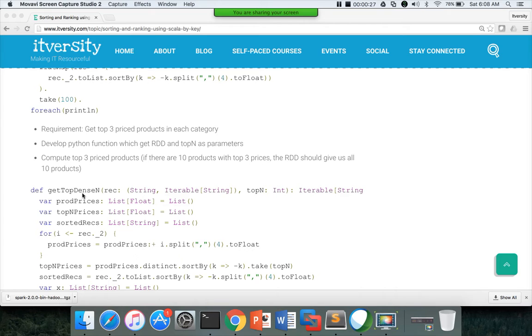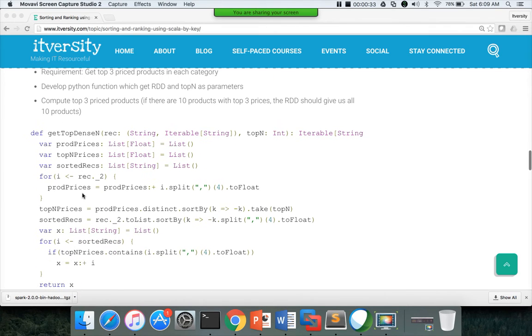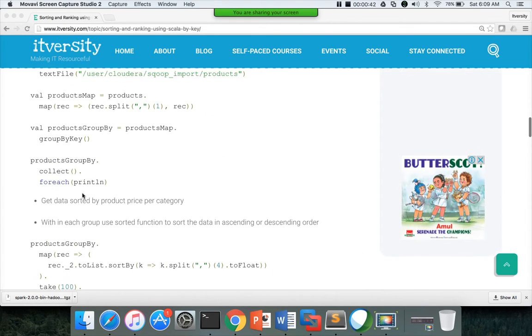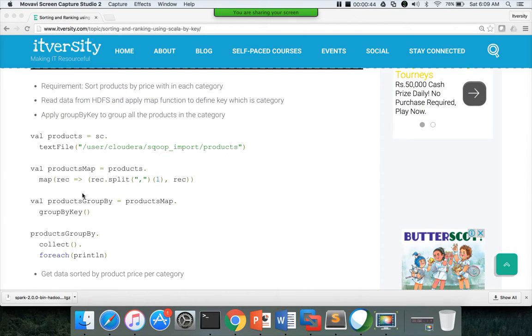But at times, when it comes to dealing with complex logic, it will be better to create a separate function, the way we have done in Python. So we will see how to do it in Scala also. There are certain differences which you need to know, but before getting into those, let us try to understand